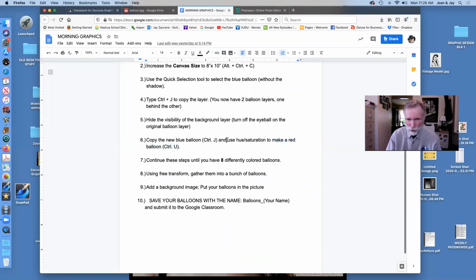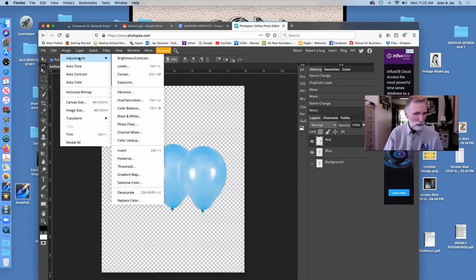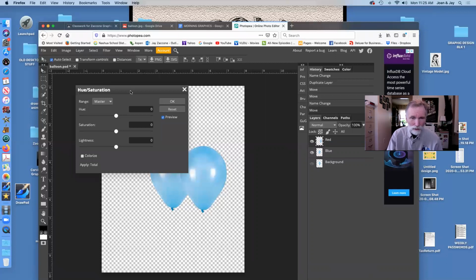Now we're going to use hue saturation to make a red balloon. Now, hue means color. Saturation means adding color or subtracting color. Control U is your keystroke. Let me show you where it is over here. Image, adjustments, and here's hue saturation. You can see the keystroke shortcut is right next to it, Control U. I'll click it here. All right, so now